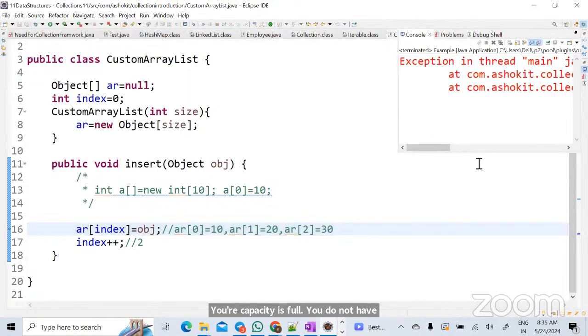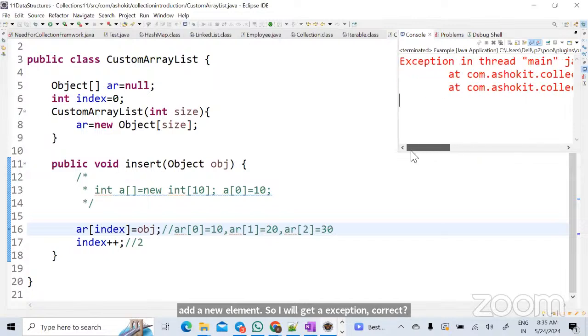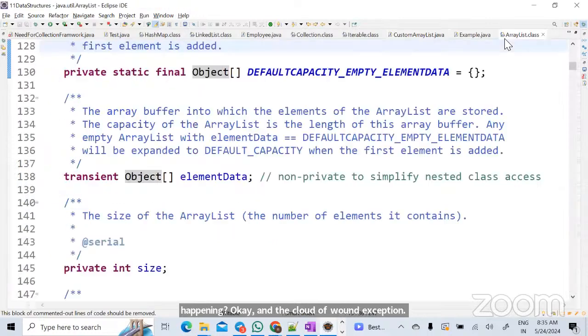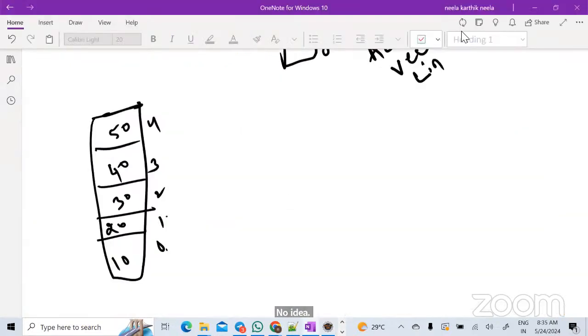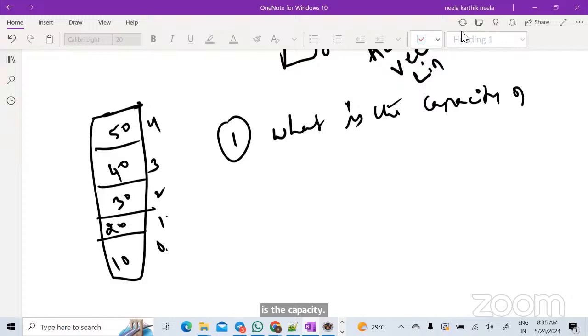See, from this line, I am getting an exception. But is it happening, say array index out of bound exception, in the predefined array list? No, that means they might have written some code, correct? Now, I need to understand the code. Now, what do you think? First of all, you need to know what the capacity is. What is the capacity of array list? Now you need to check, is it